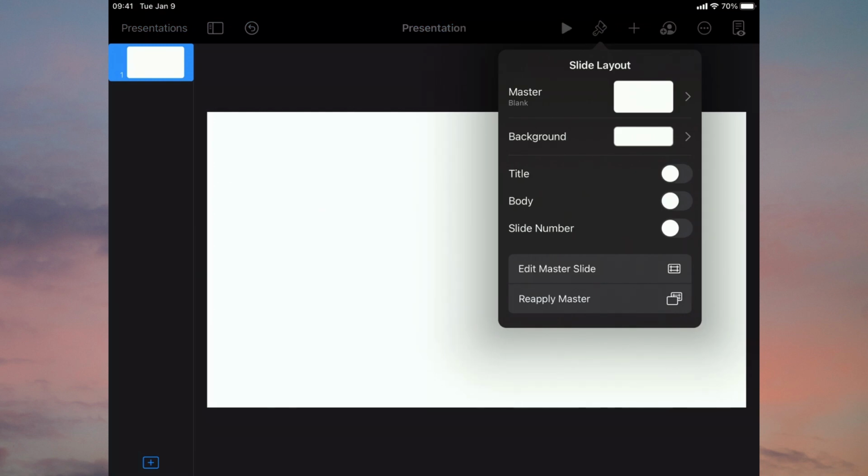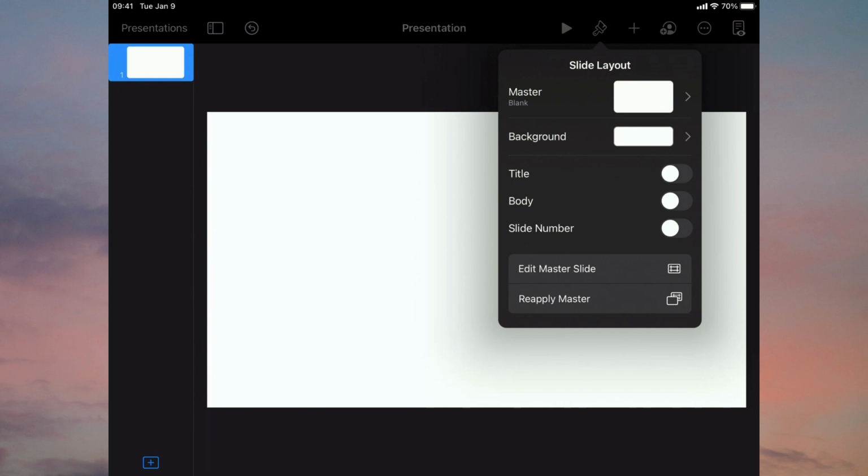We then need to remove that white background to make it green for our green screen purposes. So the icons along the top, it's essentially the fifth one in, the paintbrush icon next to the play icon. Touch that, and you'll see that one of the options says background.